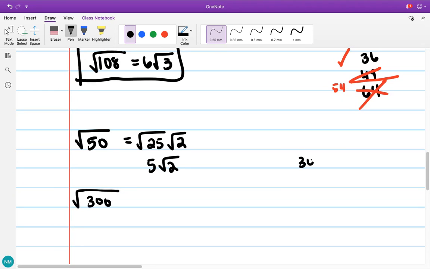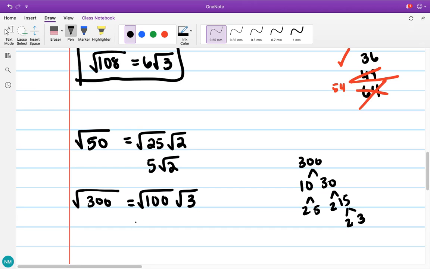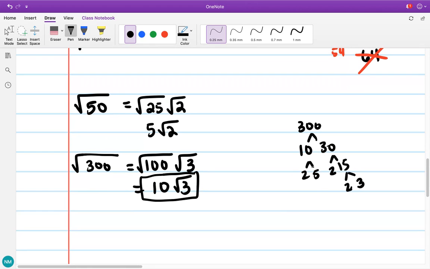Or if you look at problems like the square root of 300. If you try to find the prime factors of 300, you have 10 and 30, right? 2 and 5, 2 and 15, this gets a lot, right? Versus recognizing that 100 is the biggest perfect square that goes into this. 100 times 3, which is 10 root 3. It gets a lot easier than having to rewrite this as 2 times 2 times 2 times 3 times 5,